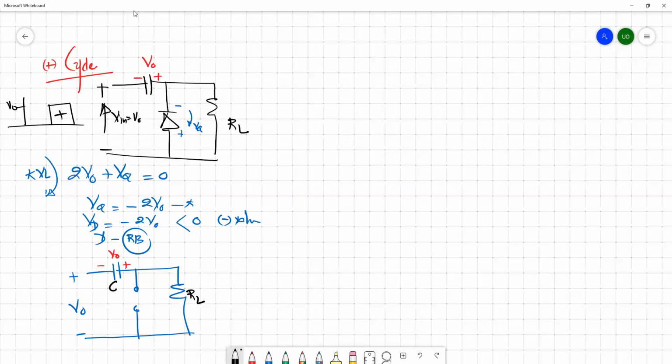Now what happens to the circuit? We don't have this diode because the diode is reverse biased, so we can simplify to a circuit where you can replace the diode with an open circuit element. Now we will end up with the kind of circuit which we described previously. So we have a circuit with a source, a capacitor and a resistor. So for this RC circuit,